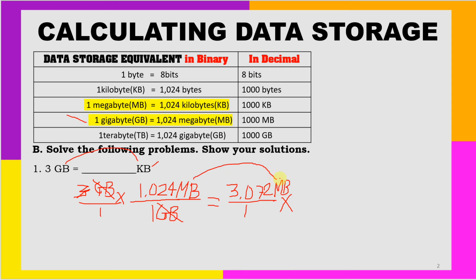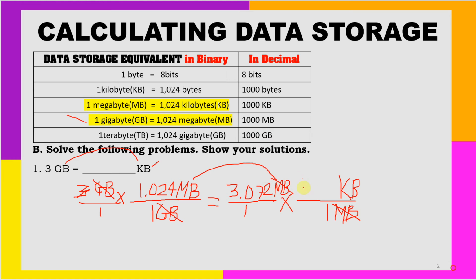Here, megabytes. Okay, this time you can now convert the megabytes to kilobytes since there is a relationship, the equivalence from kilobytes to megabytes, or in reverse, megabytes to kilobytes. Okay, so this time, multiply it with the equivalent for megabytes to kilobytes. So here, the megabytes, take note of the given so that you can cancel this one. So then look at the equivalent. 1 megabyte is equal to how many kilobytes? Here, look at the equivalent per kilobytes. 1 megabyte is equal to 1024 kilobytes.